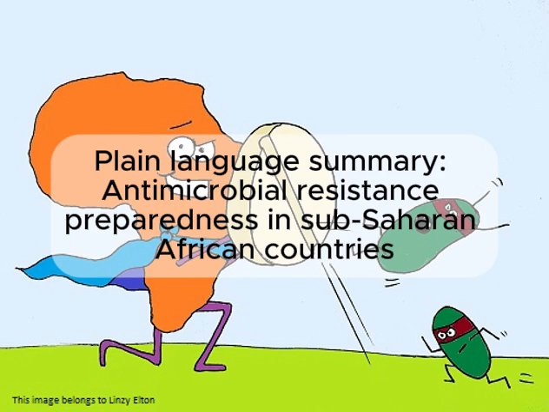We also compared the mean individual country scores, specifically for AMR, to the country's overall score as a whole. So that takes into account other things such as vaccinations, how well they respond to disease outbreaks. And this score helps us to see whether the country is prioritizing AMR. So if the AMR score was lower than the overall score, it suggests that the country isn't necessarily very well prepared for dealing with antimicrobial resistance. If it's higher, then it suggests that the country has prioritized antimicrobial resistance and is doing quite a good job to fight it compared to, say, other areas.